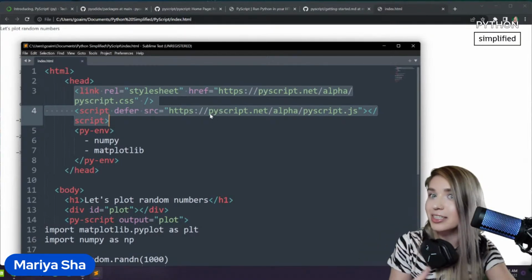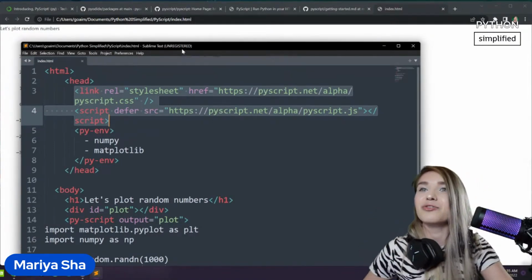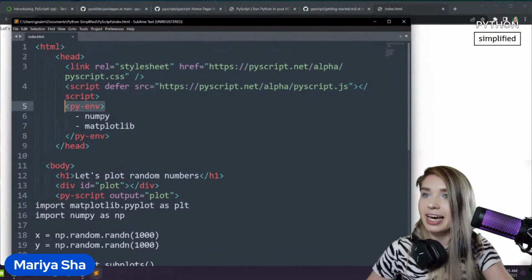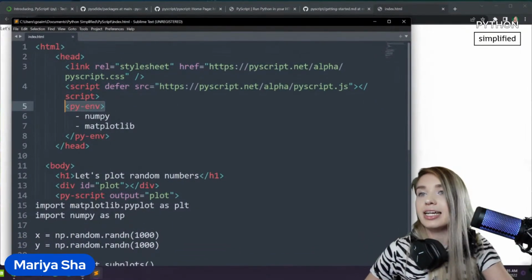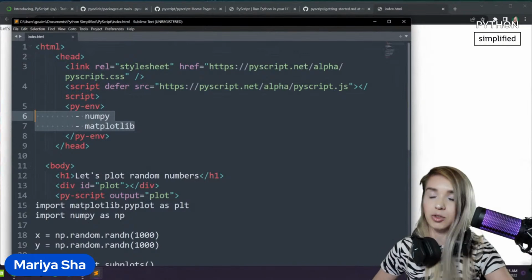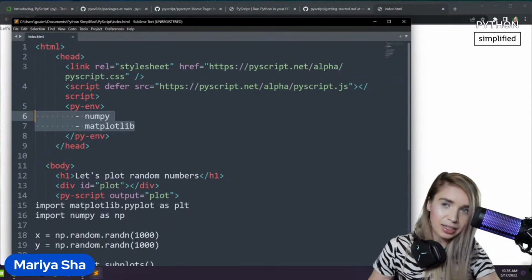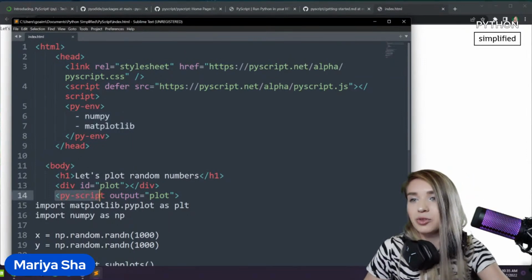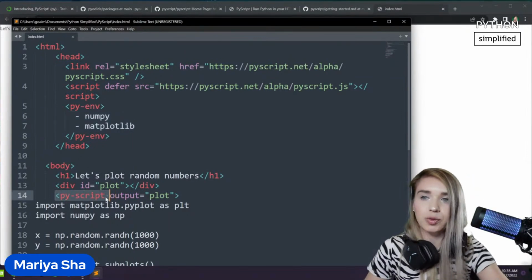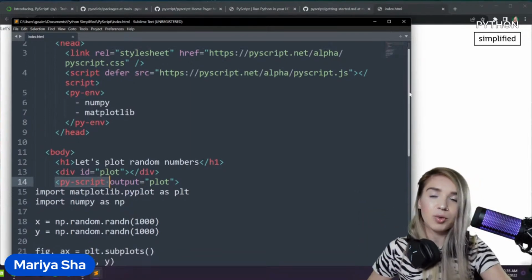It could be more, it could be way more. So for now, we are dealing with the pyenv tag, which is brand new. And inside it, we specify the requirements. So for example, that would be the installations of the libraries we need. And inside the PyScript tag right below, which we put inside the body of our document, we will then specify